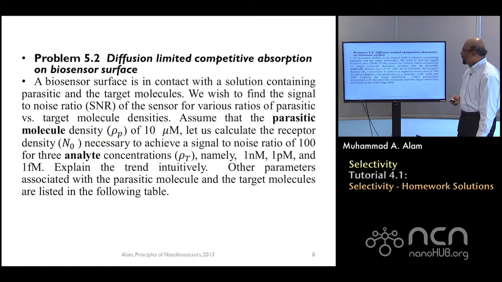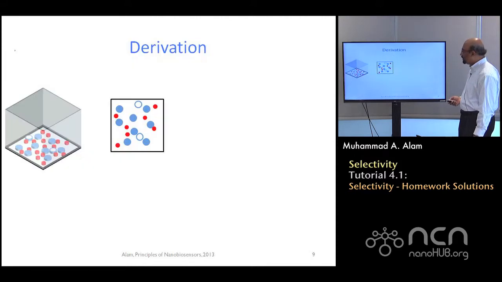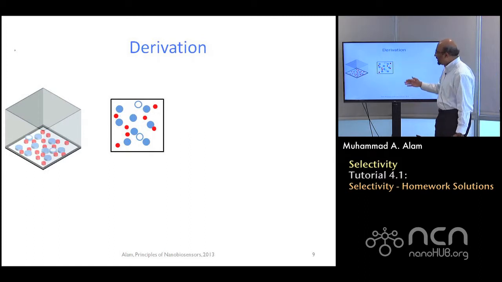Okay. Now the next problem we'll be talking about has to do with this space-based selectivity problem. You remember that the molecules can land in random places not covered by the receptor, and you can have a selectivity problem. So this is already specified, the problem is specified, the solution is given, but let me show you what we are really after here.